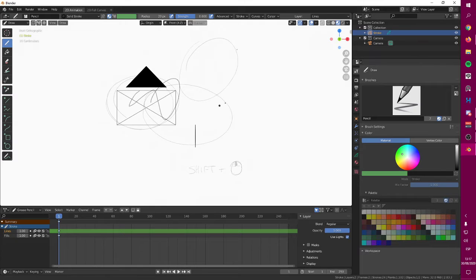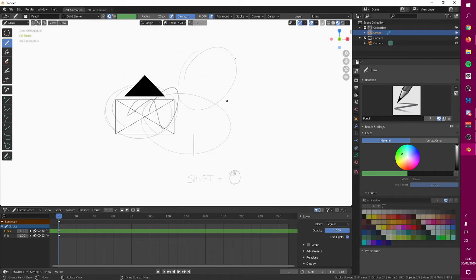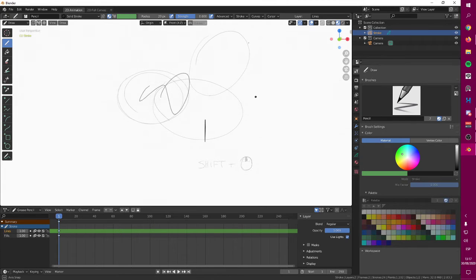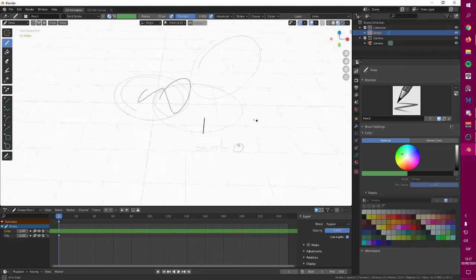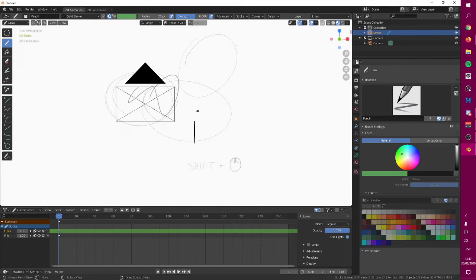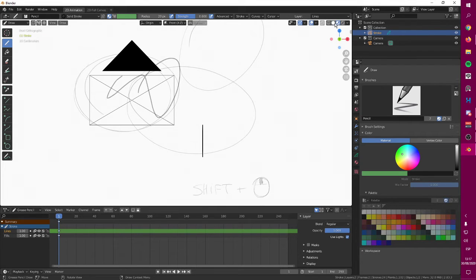I'm going to be talking about this program and I am doing a brief showcase of how things work. So right now, I feel like this background is a little bit too bright, so I don't like working on such bright backgrounds. So what I normally do is that I go into these buttons. These 4 buttons in here are my viewport shading buttons. They are going to display different kinds of renders of what I am working on.